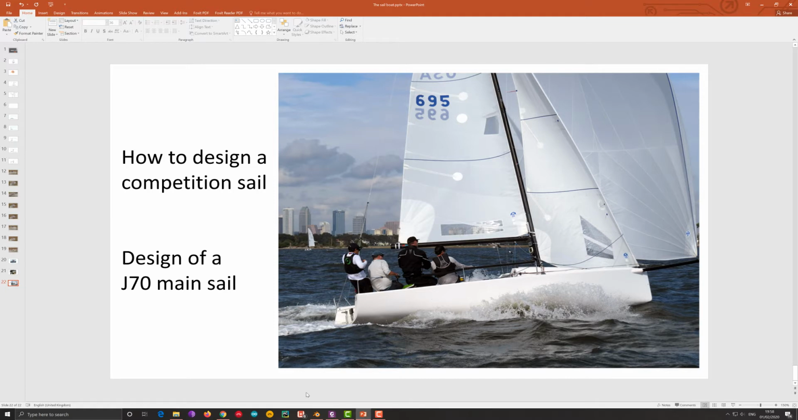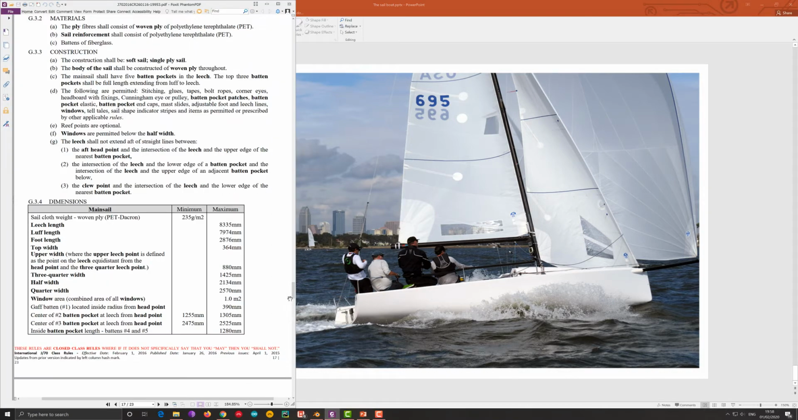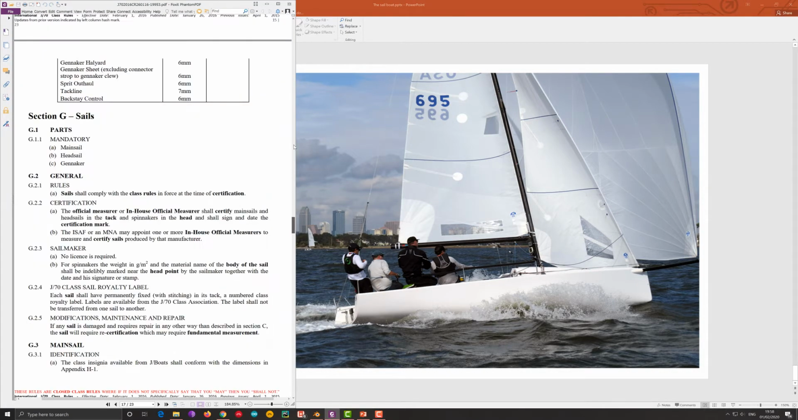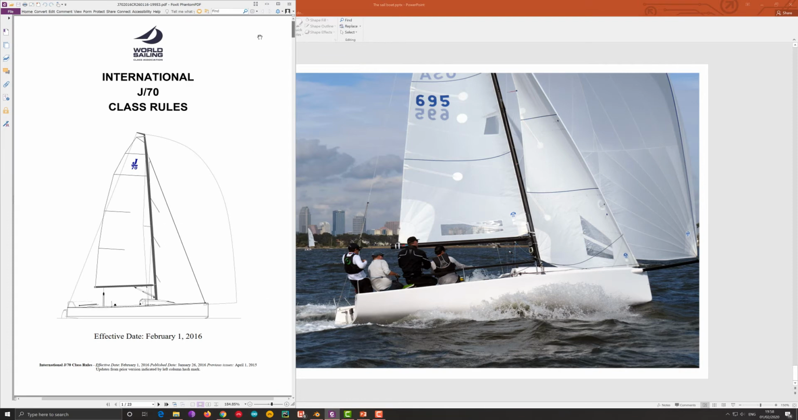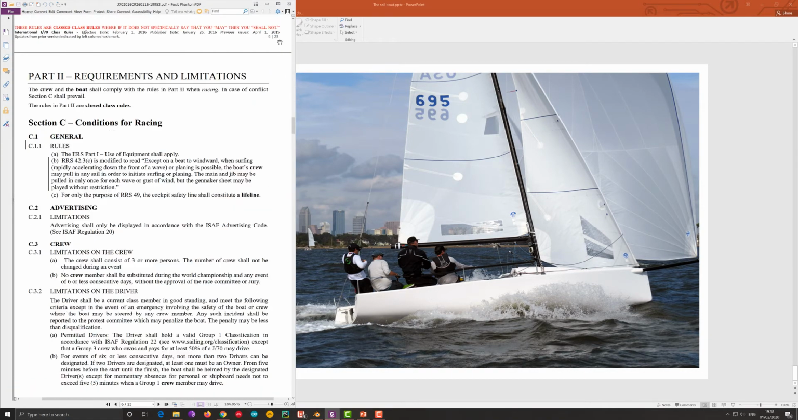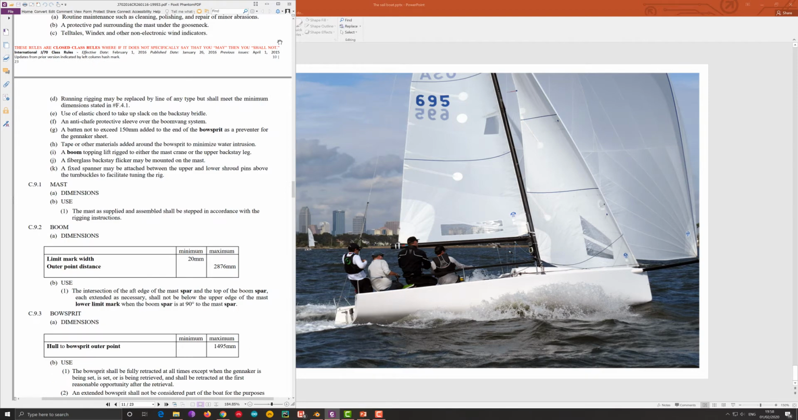Today I'm going to discuss how to design a competition sail, and in particular the design of the J70 mainsail. By competition sail, I mean a sail which has to be designed according to specific characteristics to be allowed to sail in a certain class for competition. I selected the J70 class because it's very fashionable nowadays, with a very good level